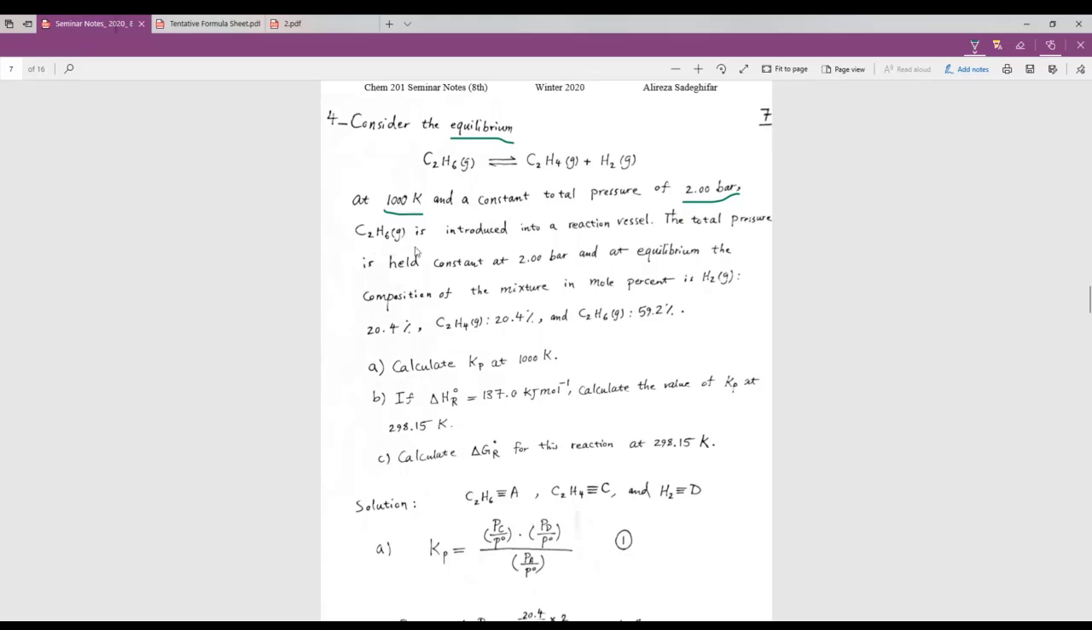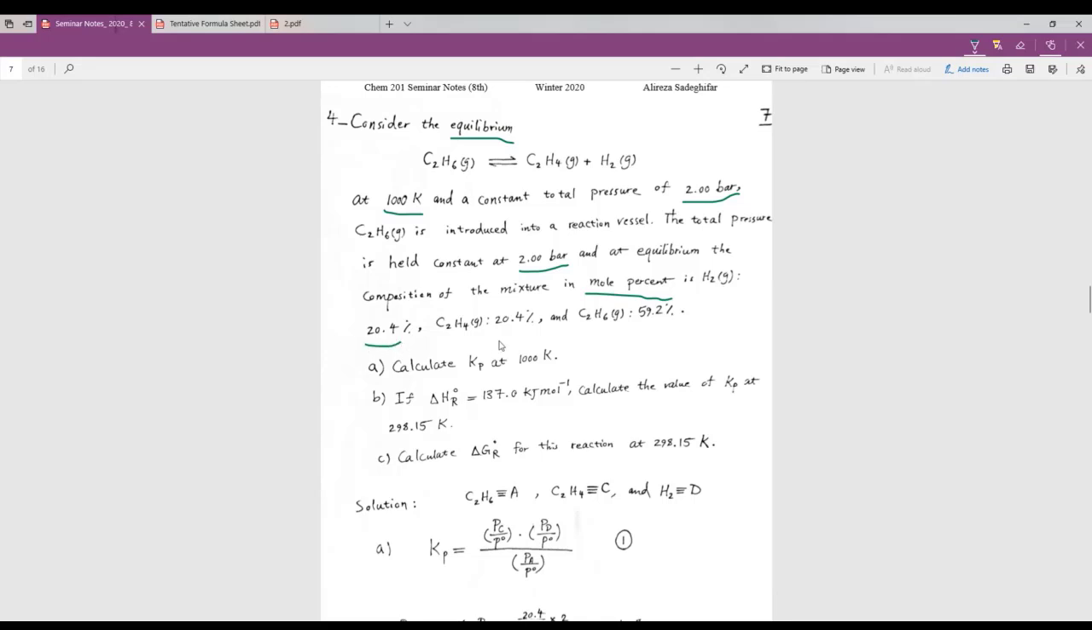So C2H6 gas is introduced into a reaction vessel. The total pressure is held constant at 2 bar. That's the total pressure. It's held constant. And at equilibrium, the composition of the mixture in mole percent